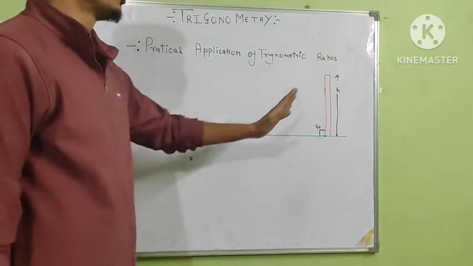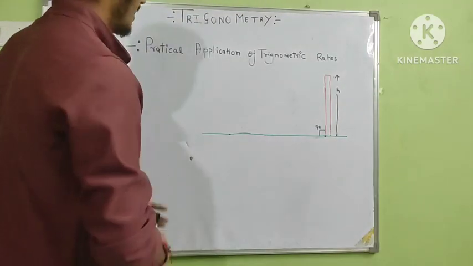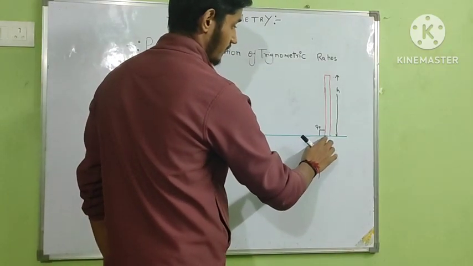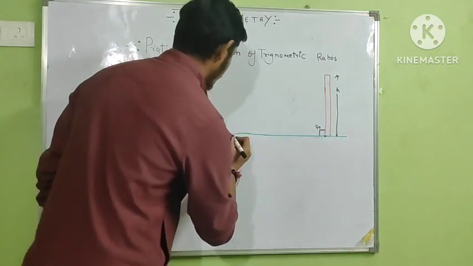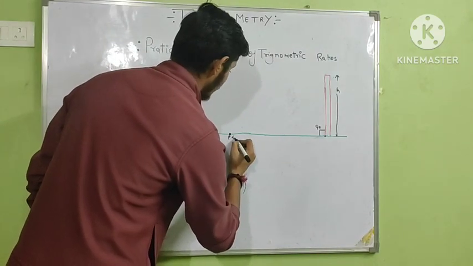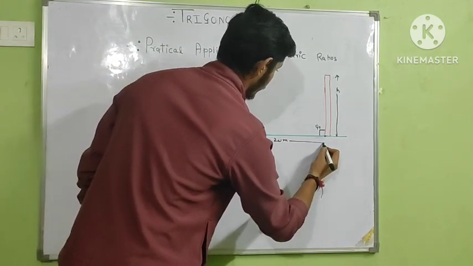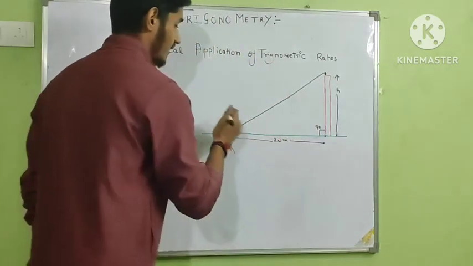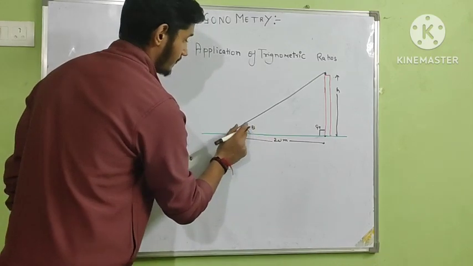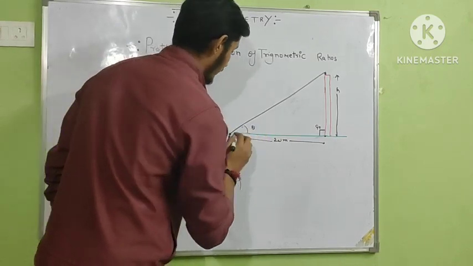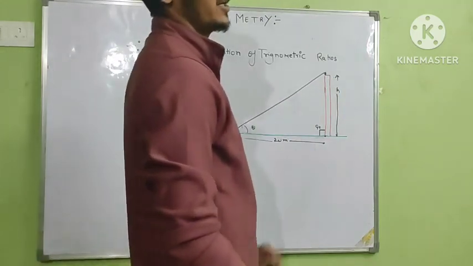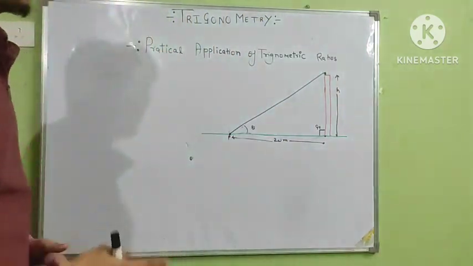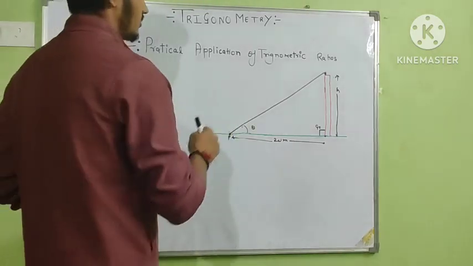Now if we want to measure the height of the tree with the help of trigonometry, we have to measure the distance between the foot of the tree and any point P on the ground, say 20 meters. Now we join the point to the top of the tree, and we get an angle theta that we must also know to measure the height of the tree. Now we are going to apply the trigonometric ratios concept in this situation.